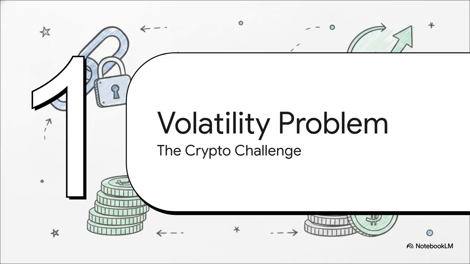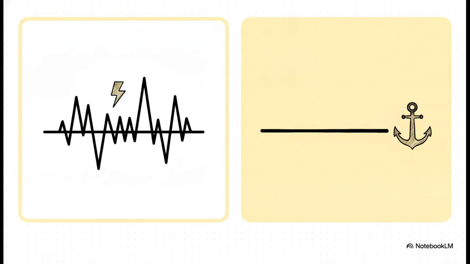All right, part one, the crypto volatility problem. To really appreciate the design of Tether, we first have to look at the exact problem it's trying to solve. Notice the stark contrast we've got here. On one side, we have traditional heavyweights like Bitcoin and Ethereum. These are absolutely famous for their high volatility. Now, that's great for potential profit, obviously, but it is terrible for pricing everyday items or protecting your funds during